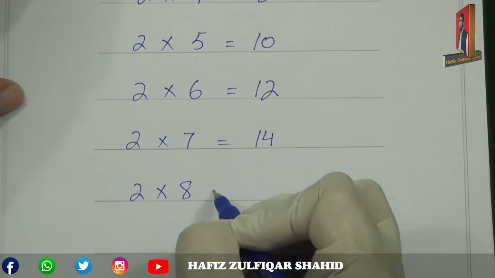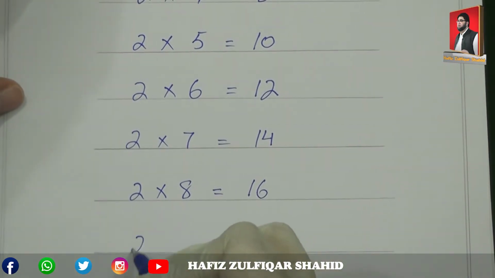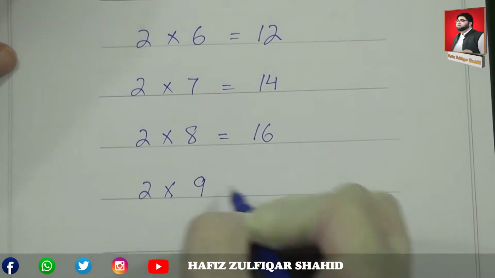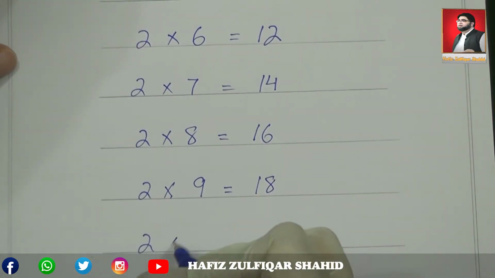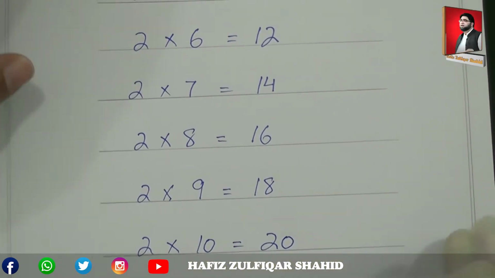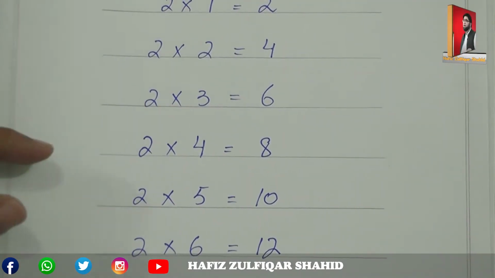2 eights are 16, 2 nines are 18, 2 tens are 20. तो ये था 2 का टेबल. नेक्स्ट